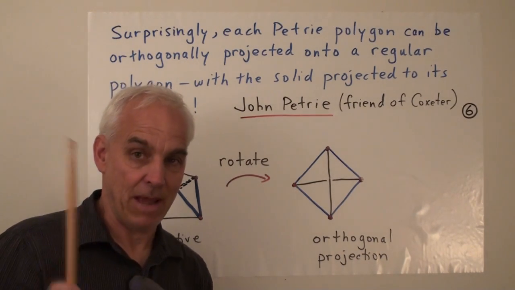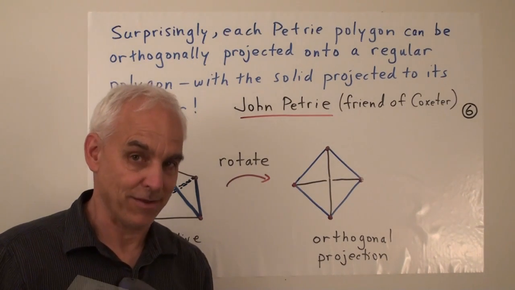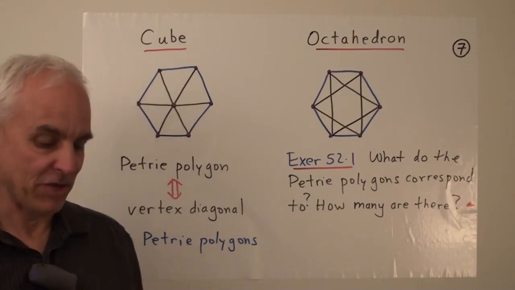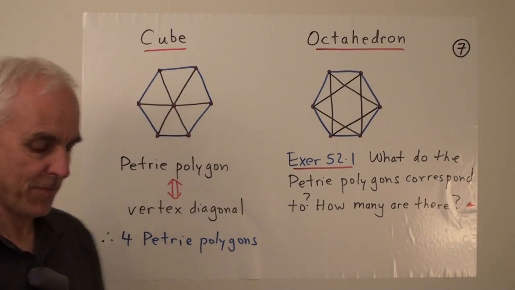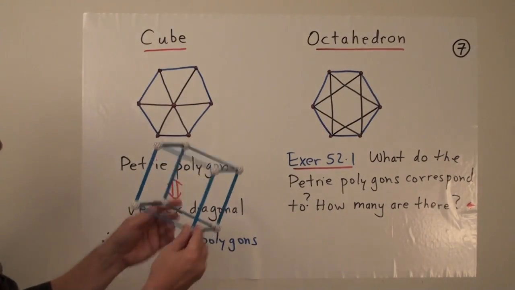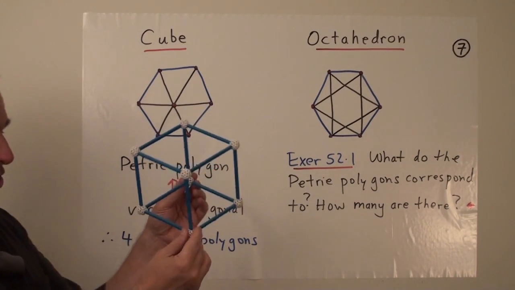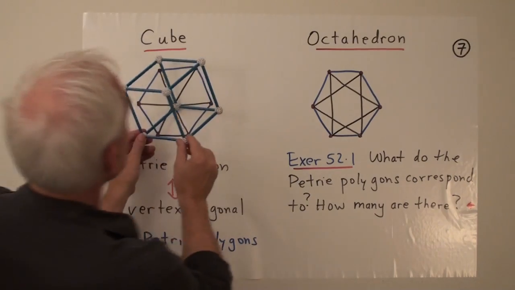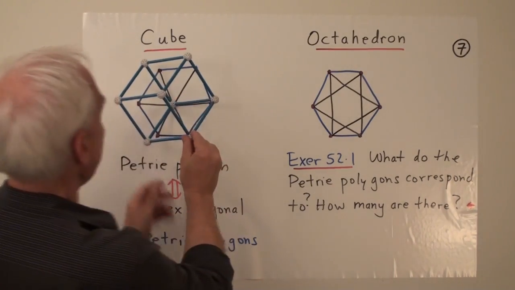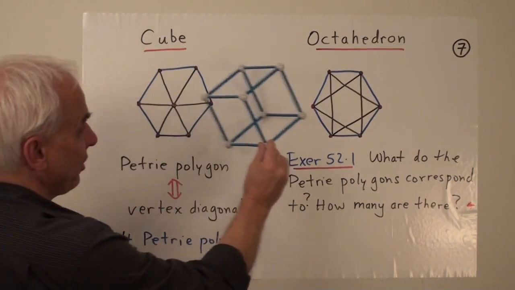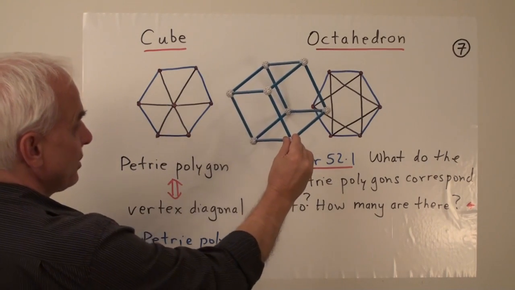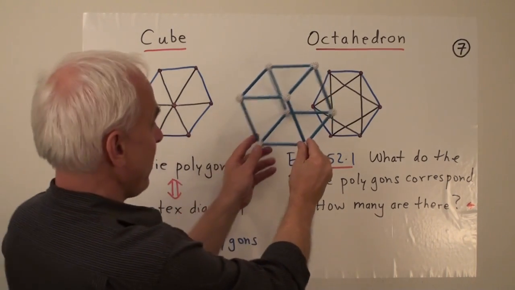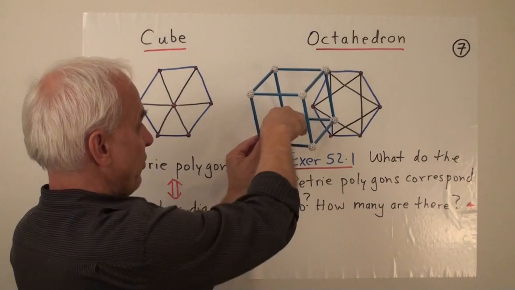Remarkably, exactly the same thing happens for the other Platonic solids as well. So what does a Petrie polygon for a cube look like? Well, here's how you can see it. If I put this cube in such a way that it's lined up like this roughly, maybe we should move it over here a little bit for you. Okay, so if you look at that in such a way that this point and this point back here are